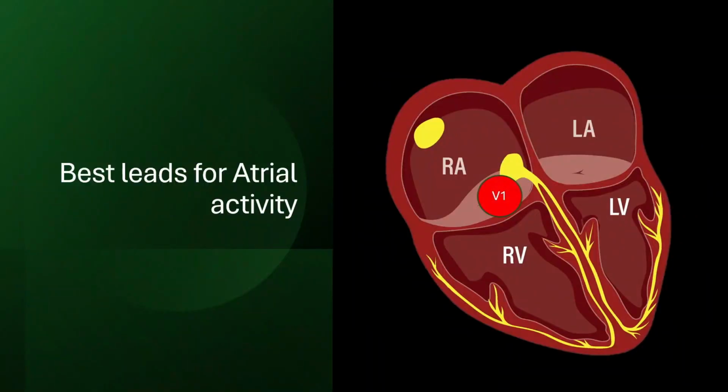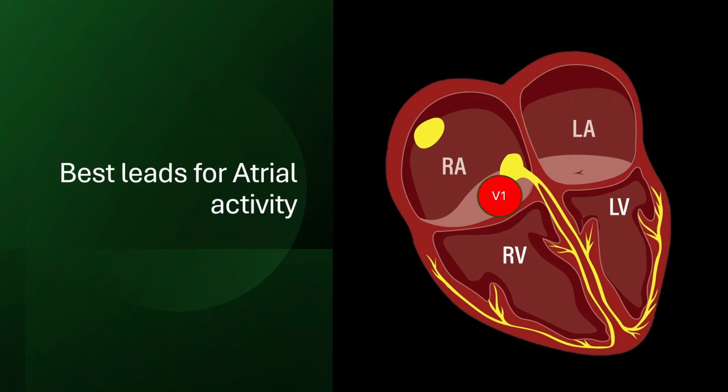So here we're going to talk about the best leads to determine our atrial activity. When we look for atrial activity, we always seem to look at lead 2, but actually our money lead, or best lead, to look for atrial activity is going to be V1. So start there, then move to lead 2. If you still don't see any P-waves, look at the rest of the leads. The reason why V1 is the most important one for atrial activity is because it's a septal lead on the right side, so it's basically over your right atrium, which is where all your